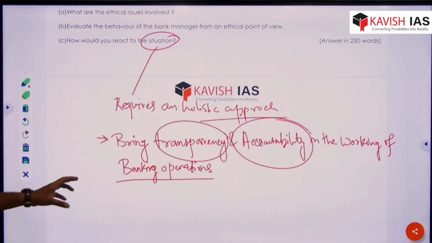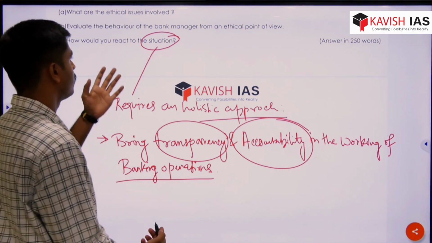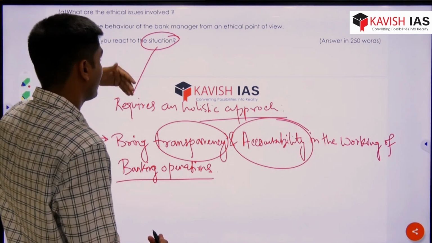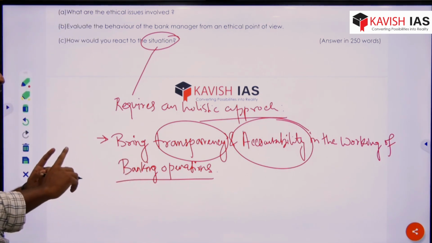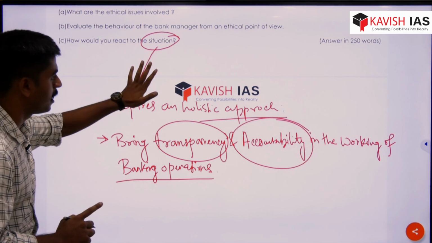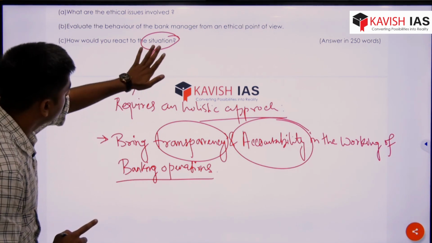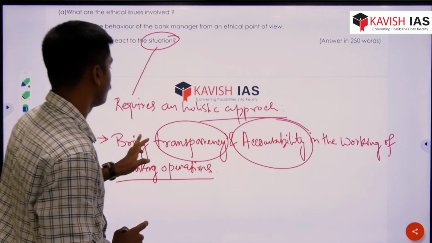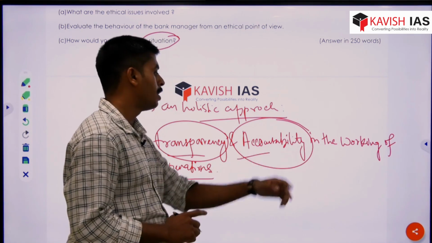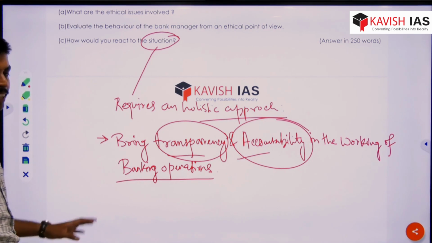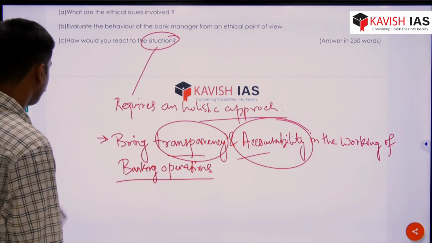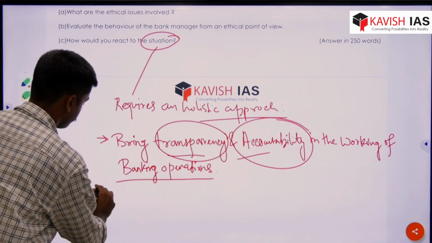Okay. So in future, if again such a situation, such an activity is being done, we should make sure that this is being prevented. So in order to prevent these types of things, transparency and accountability is the foremost thing that must be ensured in the working of the banking operations. Okay, so this is the first thing. Secondly,